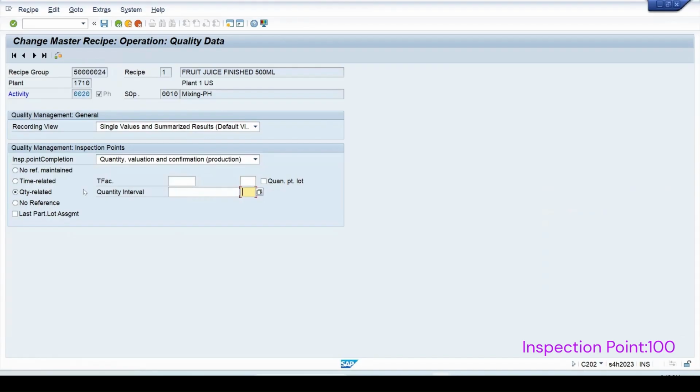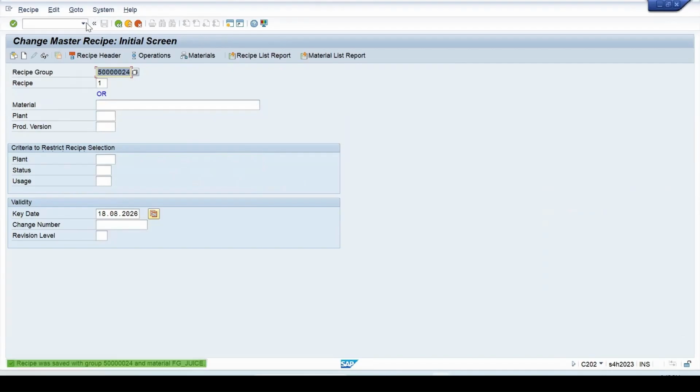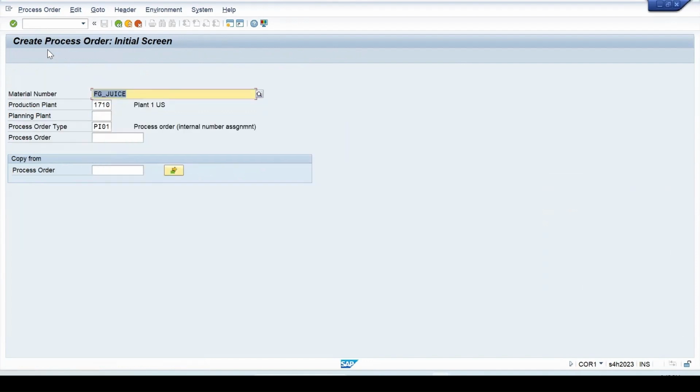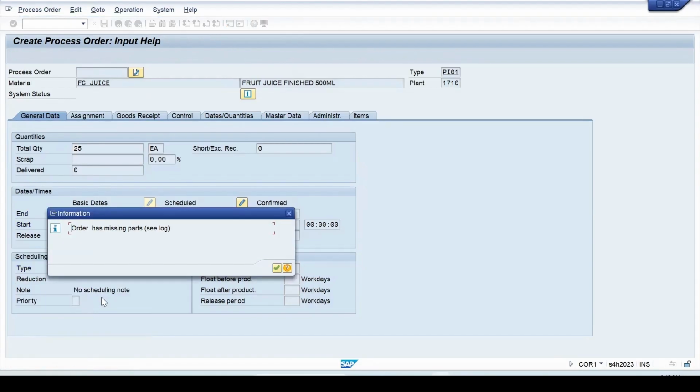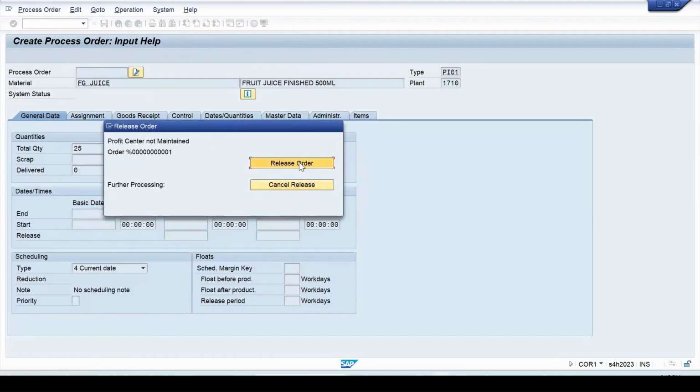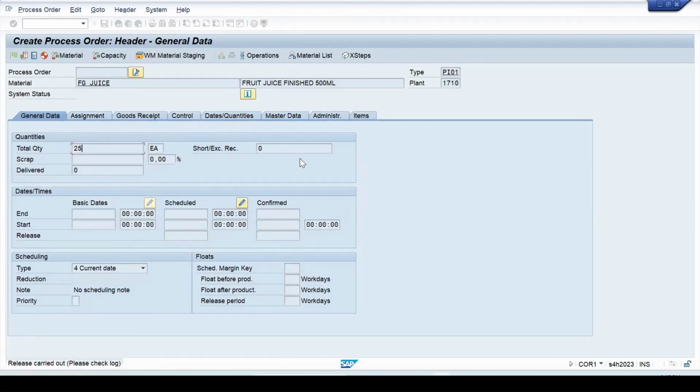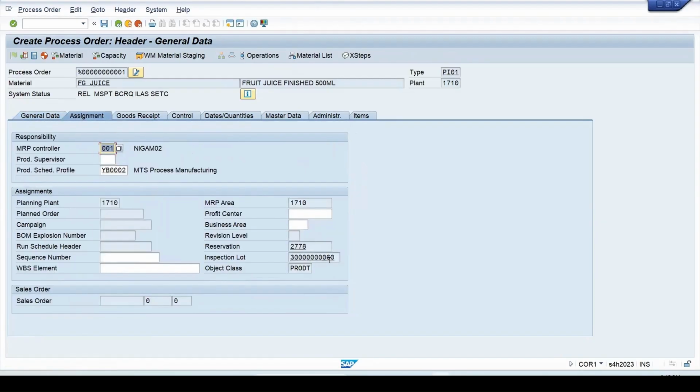Now we will again create our process order. So we can use the T code COR1, press enter key, just press enter key, and this time, since we have specified free, let's try to enter 25 minutes. Okay, and let me select, say, current date, press enter key, continue. Let's release it, release it. So in the assignment tab, my new lot is created with the number 60, save it,